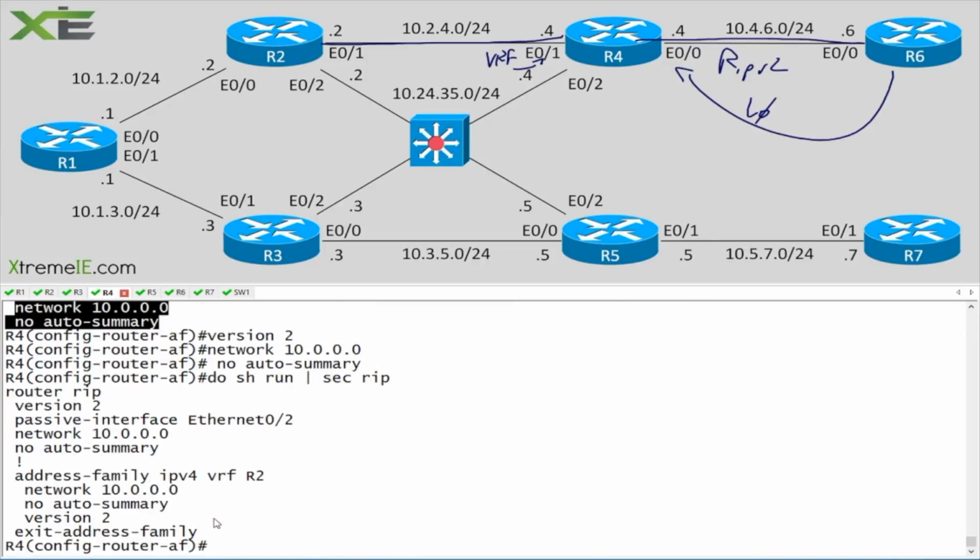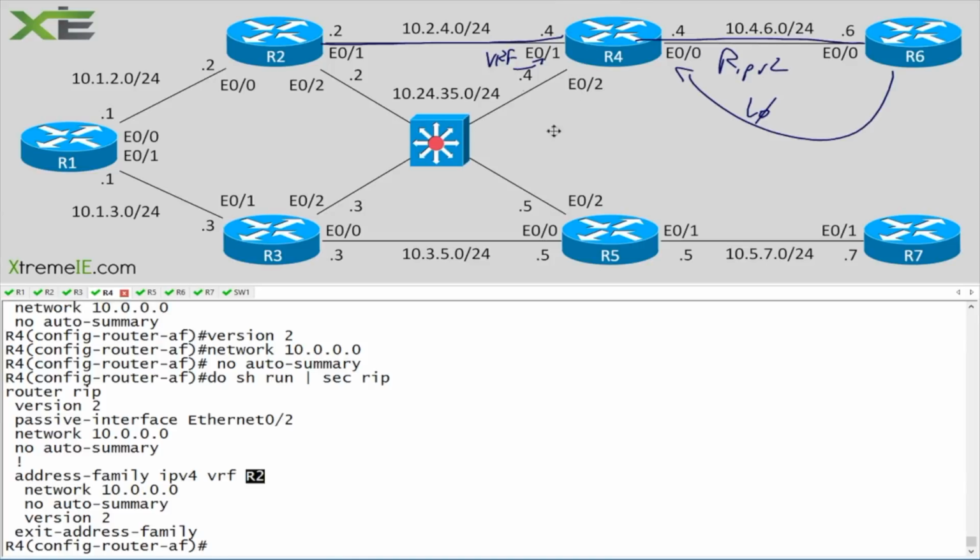And you can see what RIP does. RIP now is going to say, okay, I'm going to run version 2 in the global process. I'm going to advertise or enable the process on any interface that has the 10.0.0.0 subnet. But this is only inclusive of the interfaces that do not belong to a VRF. Down here, when we say network 10.0.0.0, even though this is a /16 and it overwrites this subnet here between 4 and 6, this network statement is only going to apply to IPv4 interfaces that belong to the VRF